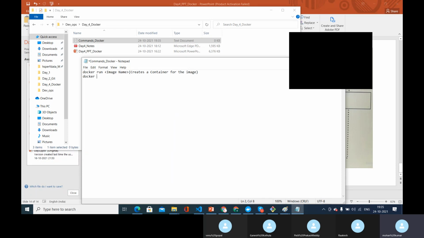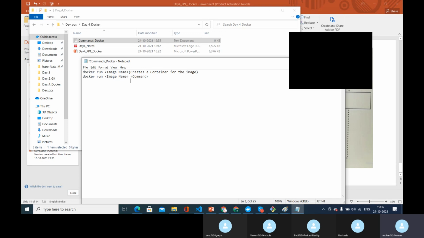Now the next command is Docker run, image name, and a command, which is basically an overriding command. By default, when we say Docker run hello world, we see hello world, right? That is the default output that the image is giving.